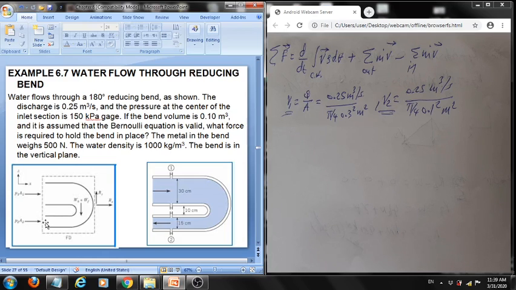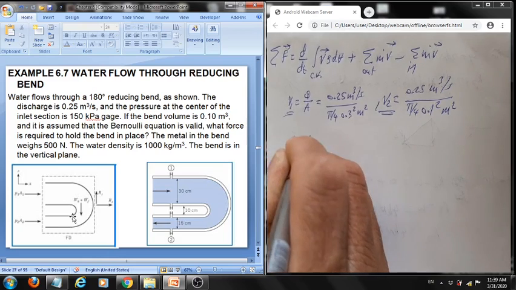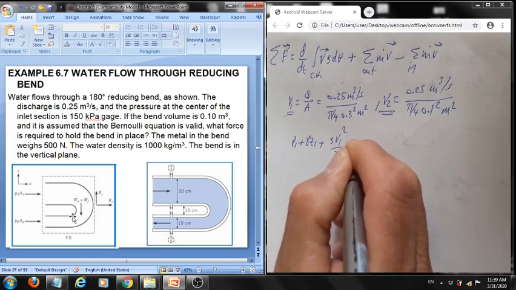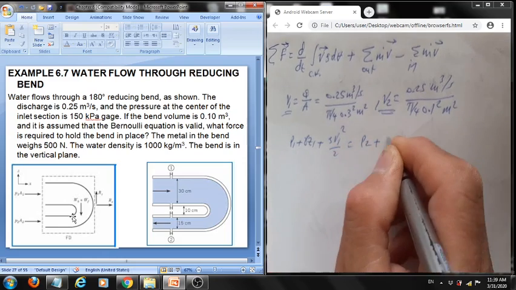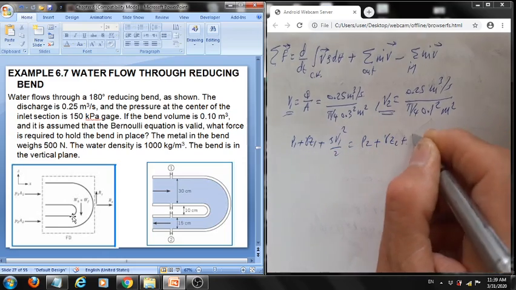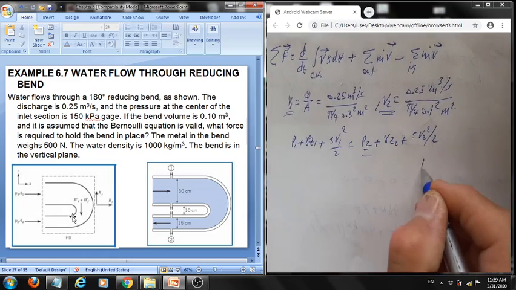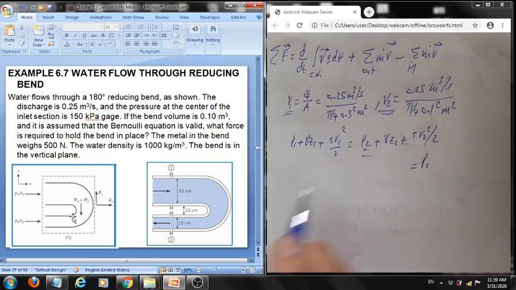What is the pressure at the exit? We apply the Bernoulli equation, which is P1 plus gamma Z1 plus rho V1 squared over 2 equals P2 plus gamma Z2 plus rho V2 squared over 2. We need to find P2, so P2 equals P1, which is given to us,